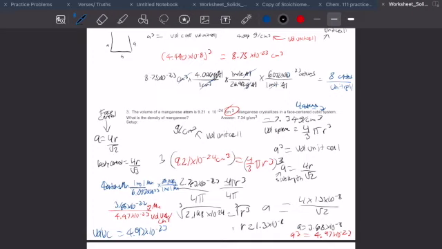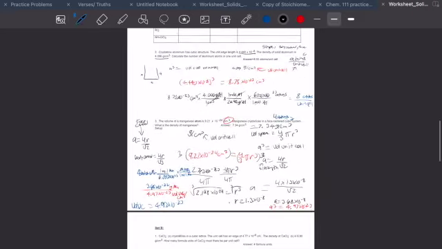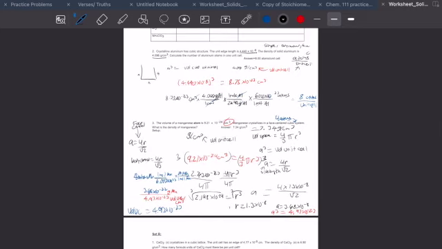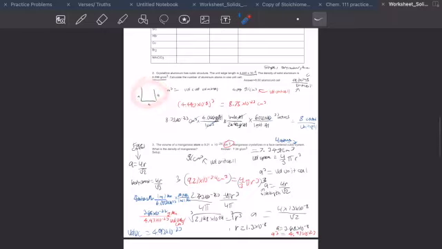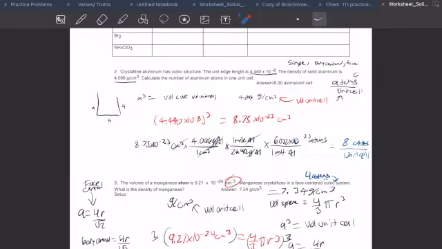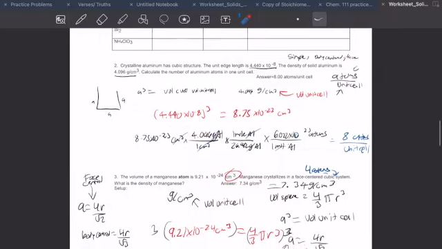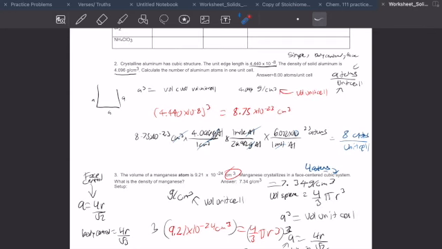Again, these problems, practice will help you get better at them. What helped me was remembering these equations that I gave you guys here, as well as understanding that once I find the edge length, I can then find the volume of the unit cell. Also knowing how many atoms are in each cubic structure, and just basic stoichiometry from that point. So I hope you guys learned something, and I'll see you guys on the next